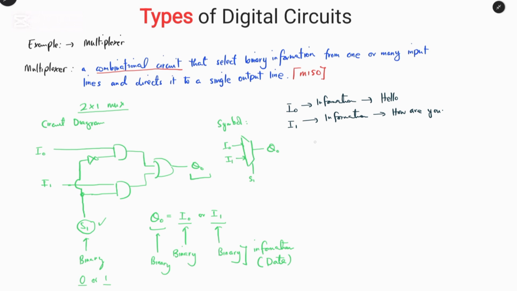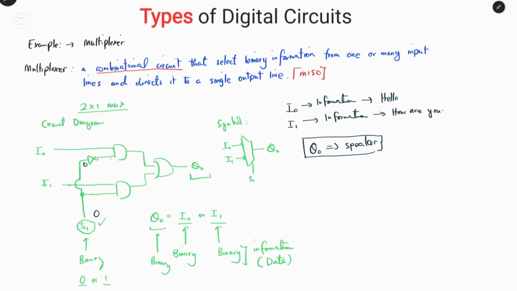So we can say Q0 is a speaker. For this example, we can say speaker. So depending on which we want to listen to, for example, hello or how are you, it depends on the select lines. So let's see, if the select line is 0,